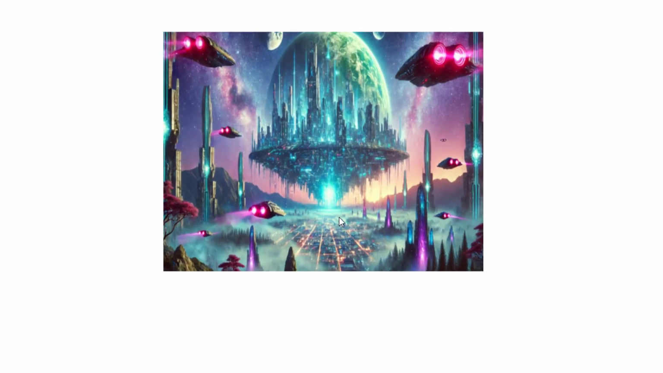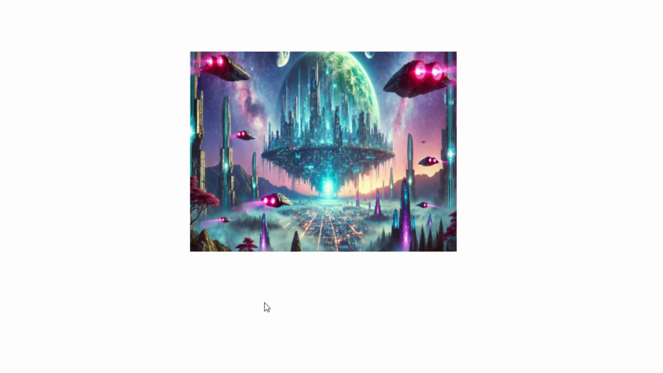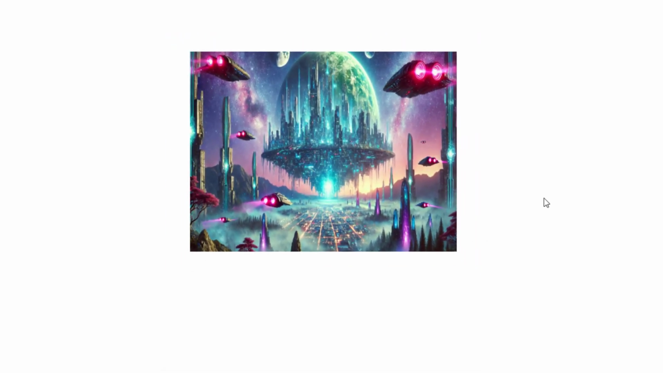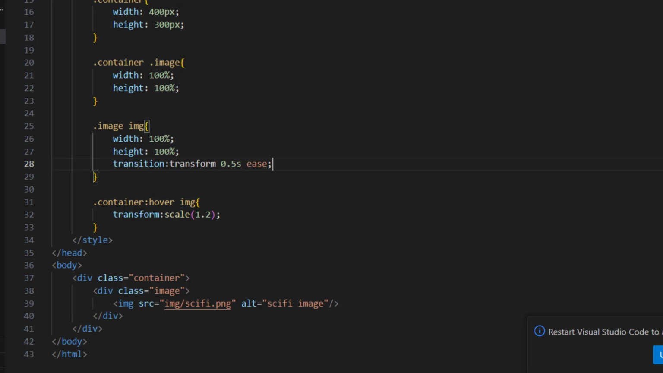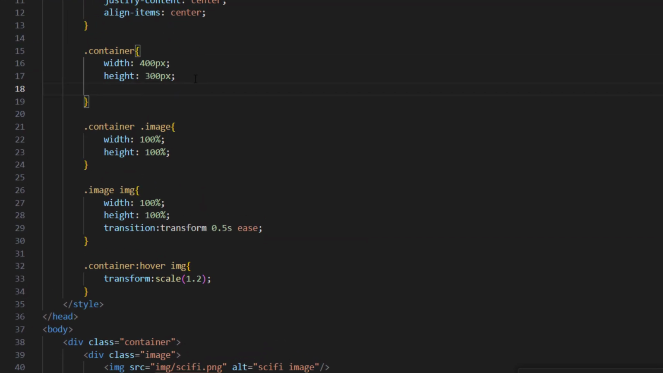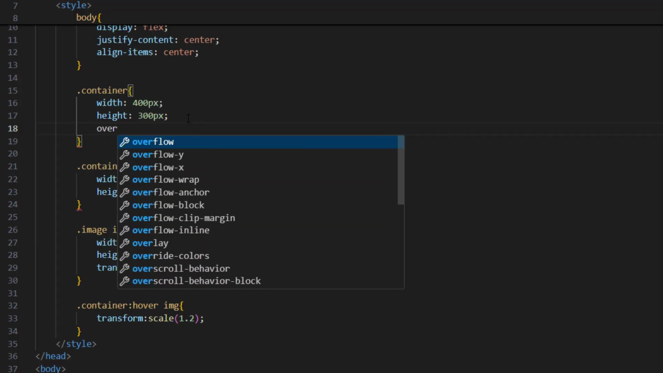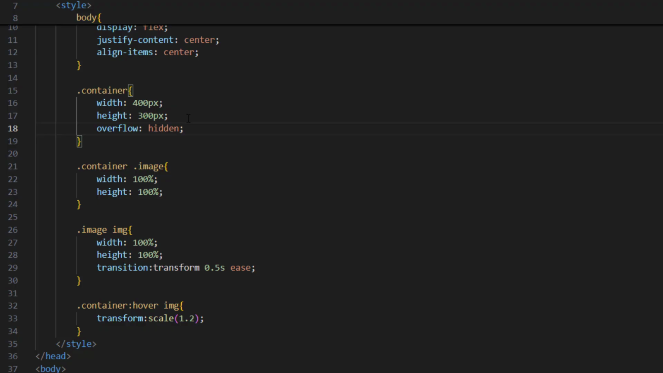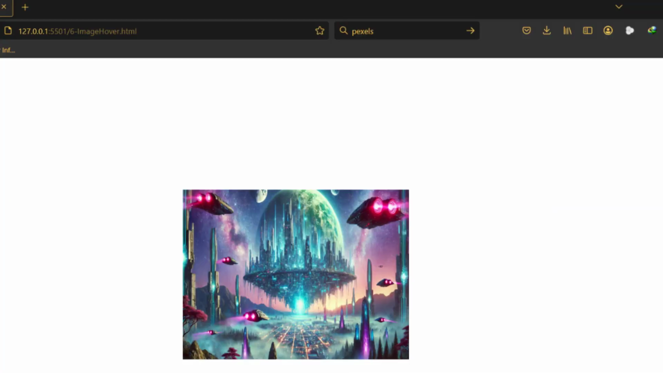But the thing is, we want the container width and height to remain fixed. I mean to say, we want to make its overflow hidden. Yes, friend. So by that, we can provide here, dot container overflow hidden. Yes. Let's hit save and now let's take a look. See,